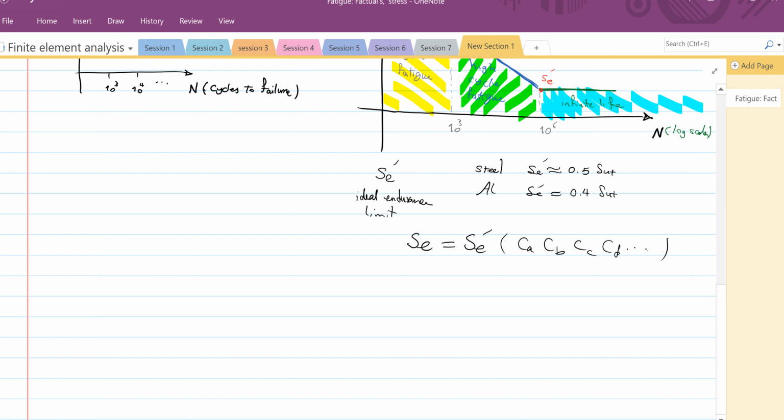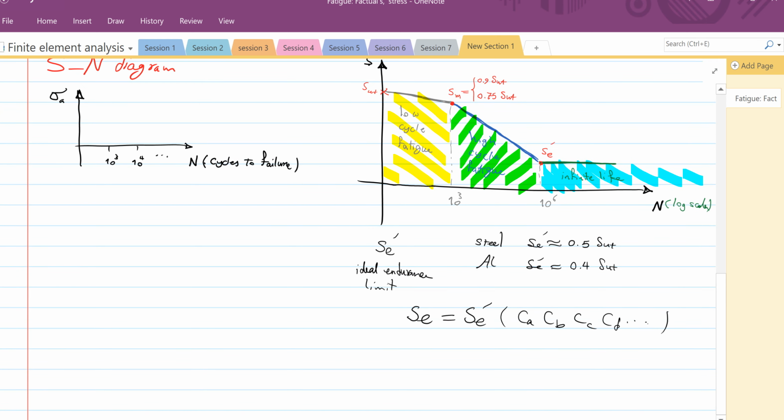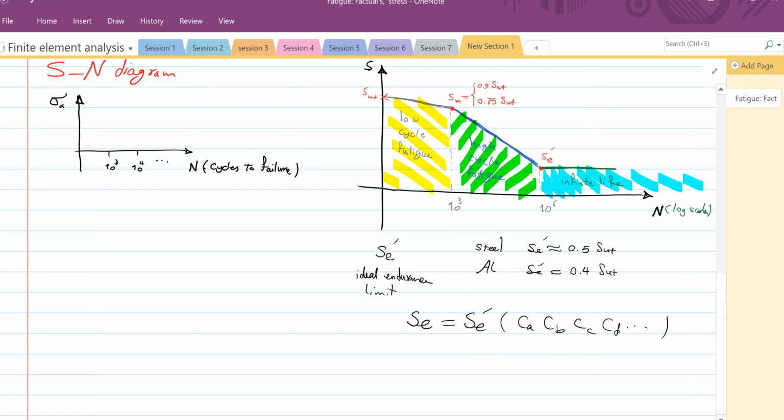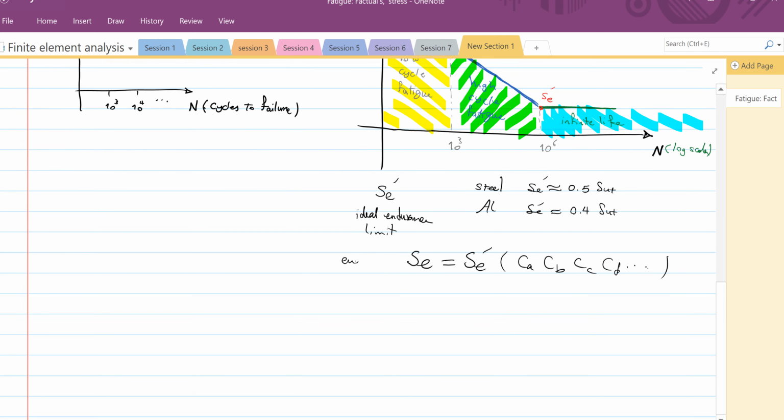So this ideal endurance limit, which usually is 50% of the ultimate stress, can also be much lower. How? Because based on this formula, if you want to find the endurance limit, which is this, you are going to multiply that ideal endurance limit